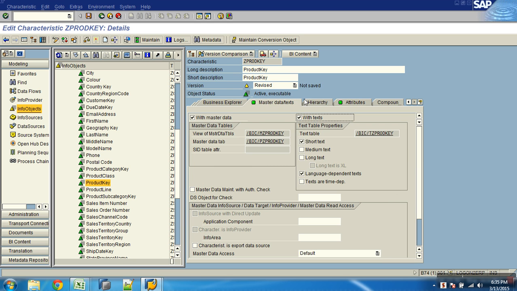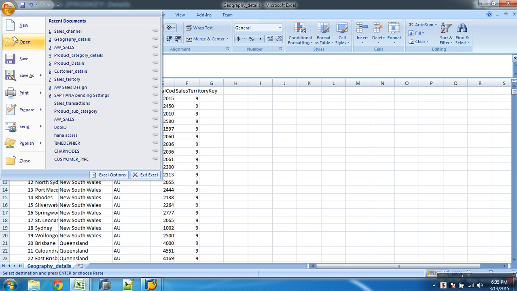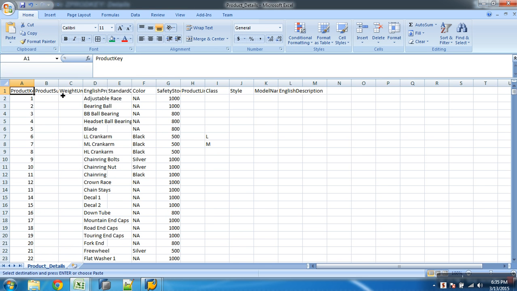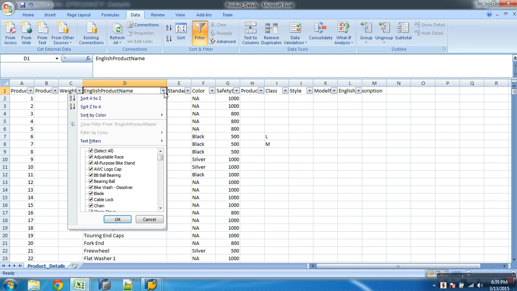Let me see the product details. This is what we are trying to store in the product name. We are trying to push this name. On the safer side, approximately 20, so I'll go with medium for this.